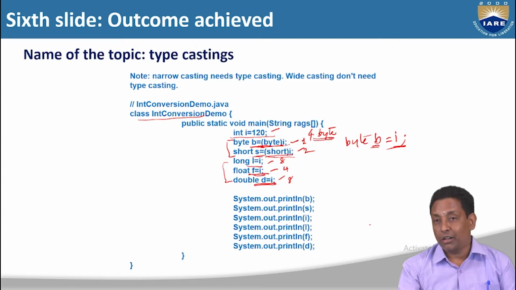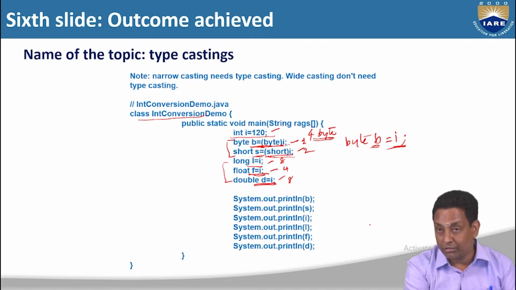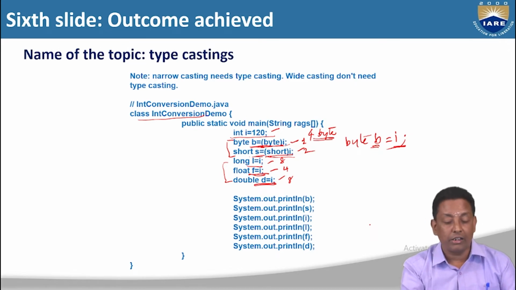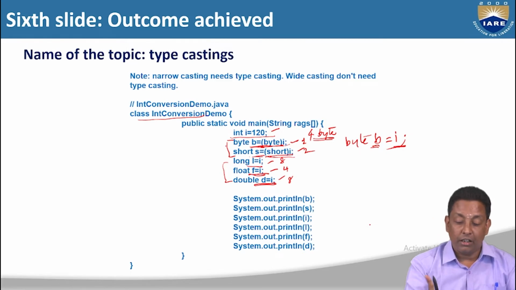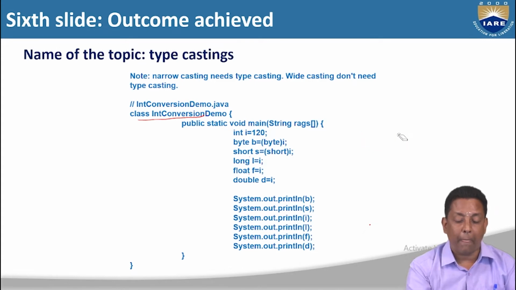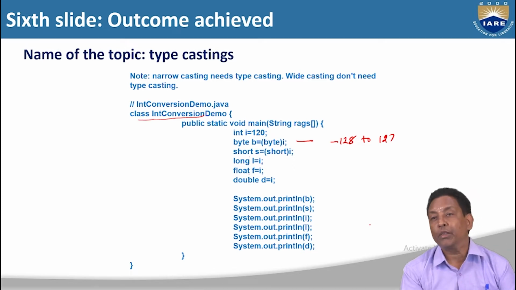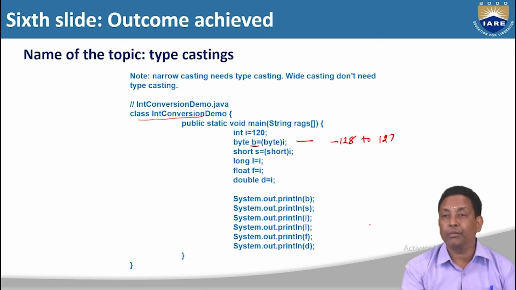In this typecasting topic, one important point we need to remember is that if the value of the integer is lost while assigning to byte and short, the Java compiler and interpreter is not responsible. For that, the developer must also know the range of byte and short. So for byte and short, I'll tell you the range of values. If you want to assign any value to a byte variable, the range of the byte variable is minus 128 to plus 127. This is the range which we can assign to a byte variable.